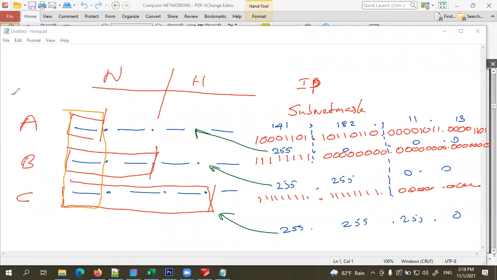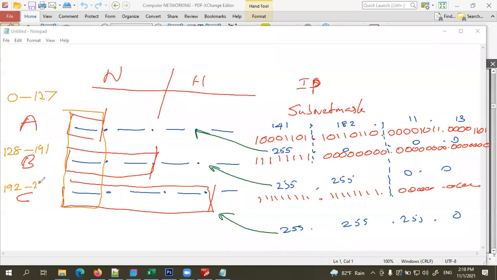If the first digit is between 1 and 127, that will be a class A IP address. Class A means the subnet mask will be 255.0.0.0. Again, if it is between 128 and 191, then this is a class B IP address, so the subnet mask should be 255.255.0.0.